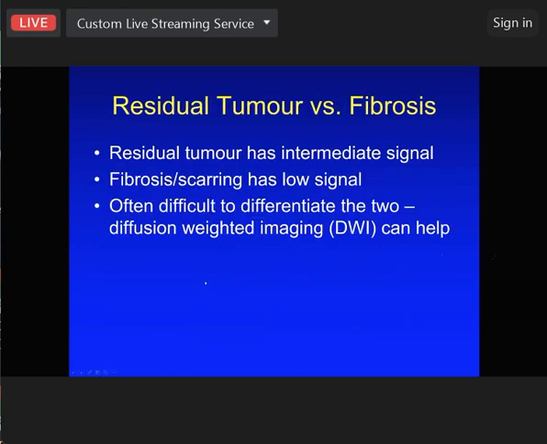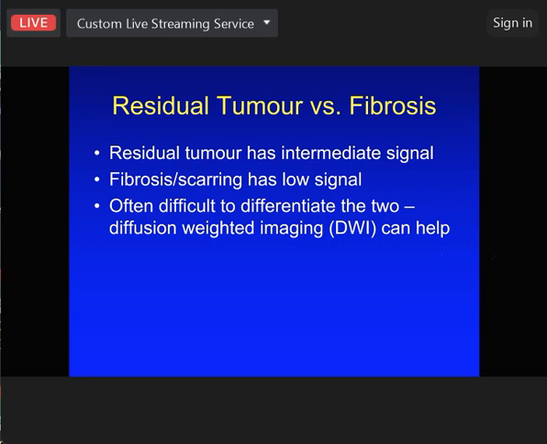The problem of whether what we're looking at is residual tumor or fibrosis can often be difficult because residual tumor has a lower signal than the primary tumor. Fibrosis and scarring can have a similar signal, but it generally tends to have much lower signal, but it's not easy to distinguish one from the other. Diffusion weighted imaging can help, and I'll just talk very quickly about diffusion weighted imaging because it is a very useful MR technique. It's a way of looking at the Brownian